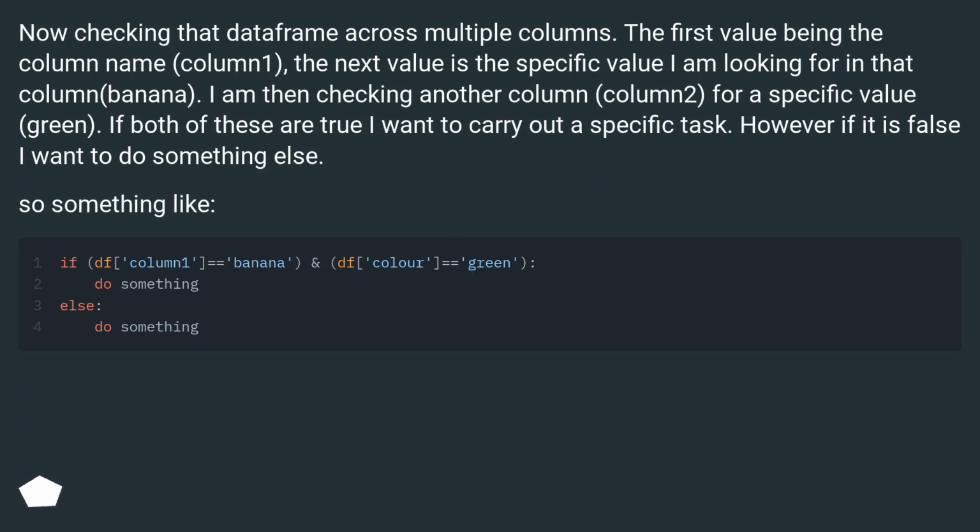Now checking that DataFrame across multiple columns. The first value is the column name, column 1, and the next value is the specific value I am looking for in that column, banana. I am then checking another column, column 2, for a specific value, green. If both of these are true, I want to carry out a specific task. However, if it is false, I want to do something else. So something like,